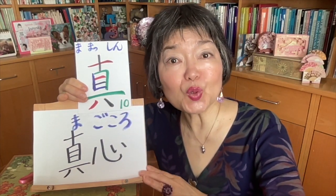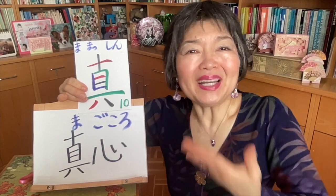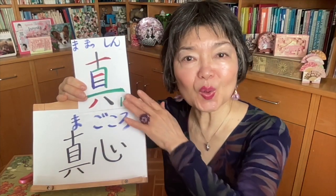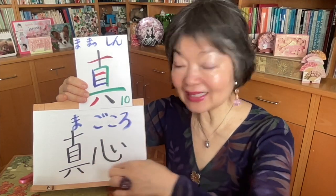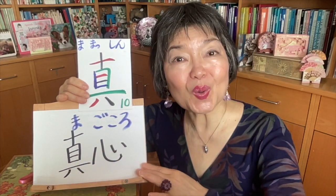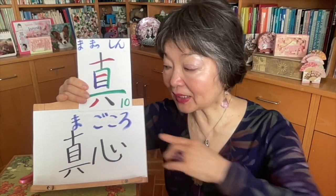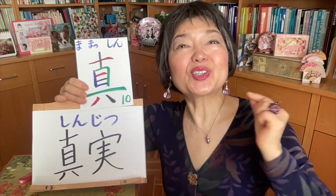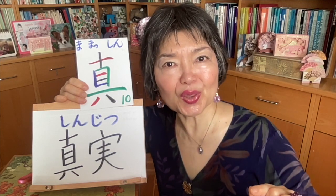Sincerity, a true heart, with all my heart. 真心 with this kanji. And only this is 心。心 is heart. But here we pronounce it with 点々 because of 真心。The truth, the truth. 真実。